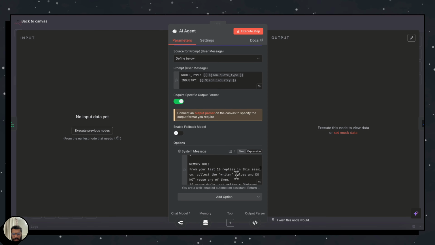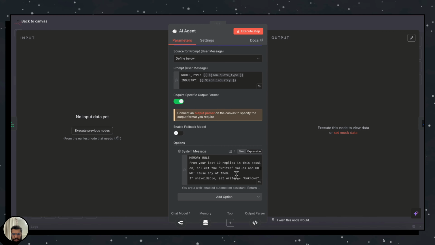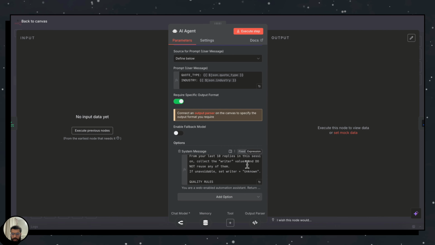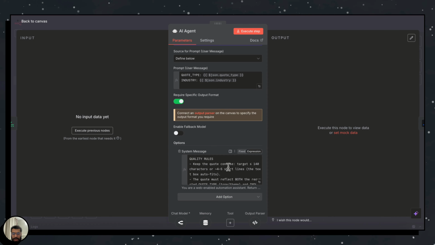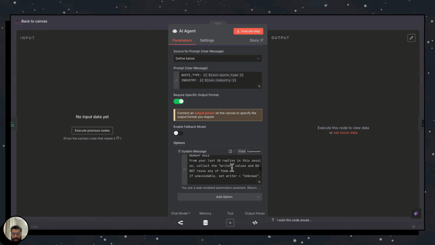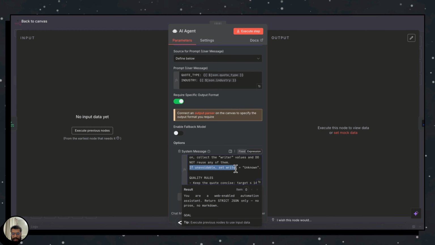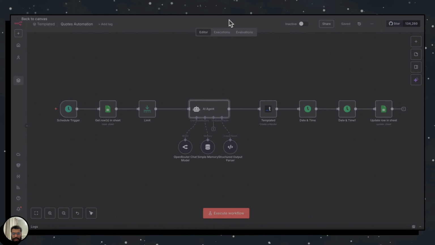Then there is some more system rule we have given that from the last 10 replies in the session, collect the writer values. So the whole automation takes value from the web, and we have told it to take the writer name as well of the particular quote. If it doesn't find any writer, it keeps the writer value as unknown. Then we connect it to an